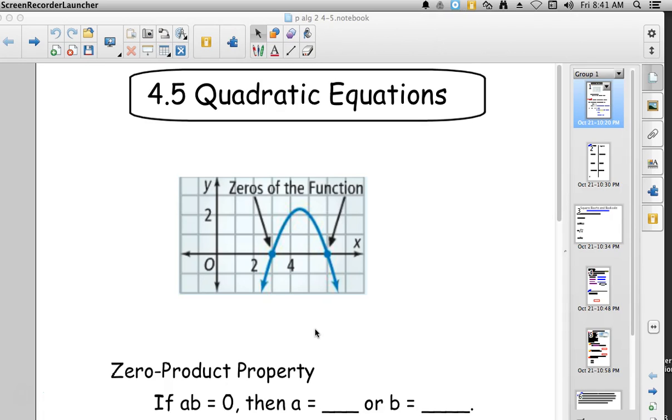We already know we can graph them. If they give them to us in vertex form, it goes really quick. If they give it to us in standard form, we do a little work, but we can get it. It doesn't take forever. And then we found out with these quadratics, some of them are factorable. So if we factor them, what we're really trying to do is find another piece of the puzzle about quadratics,